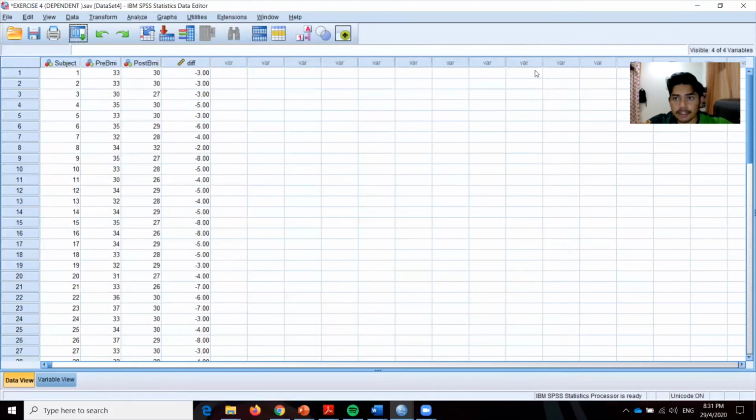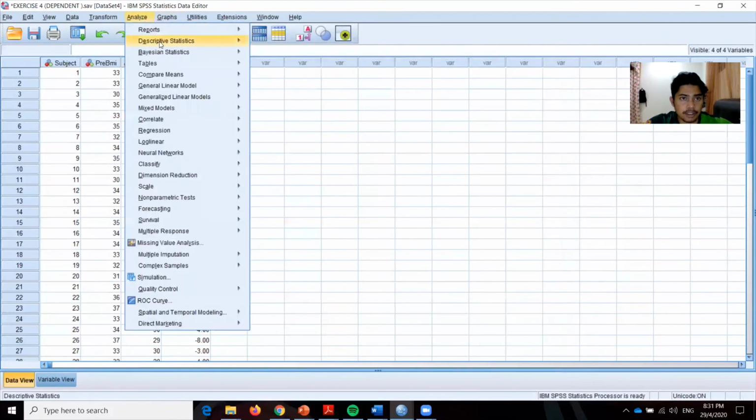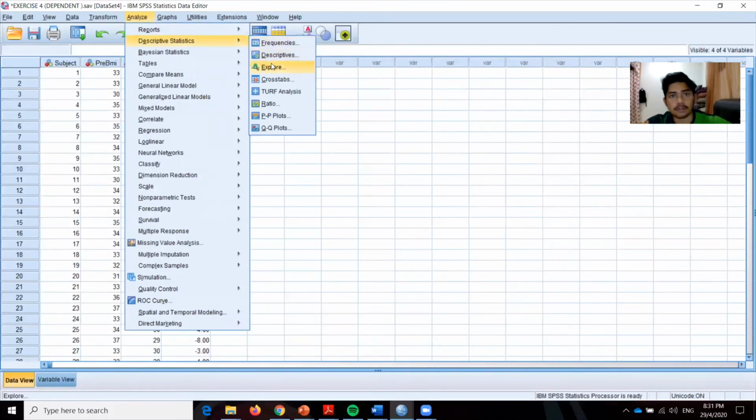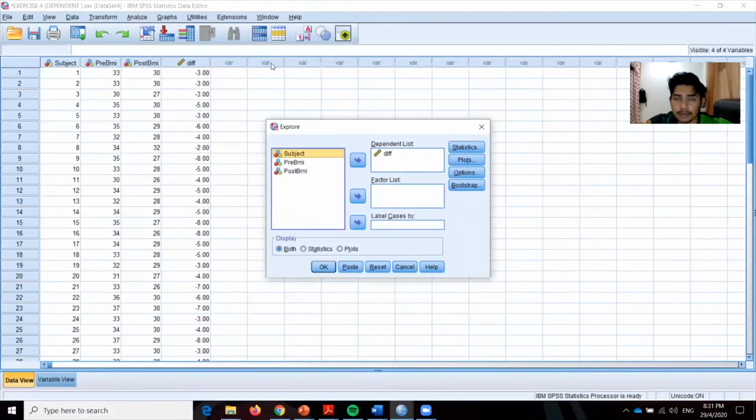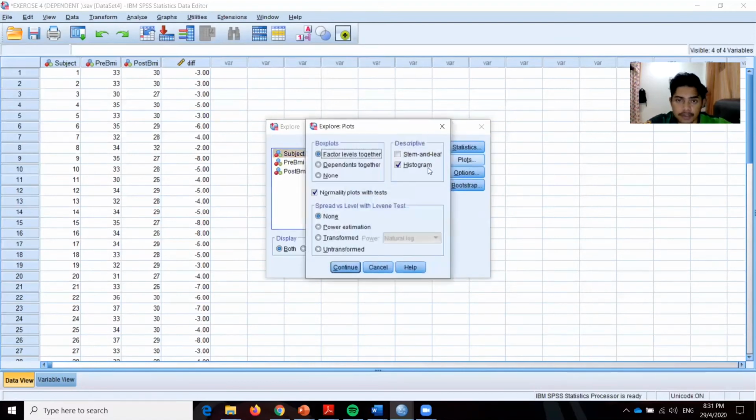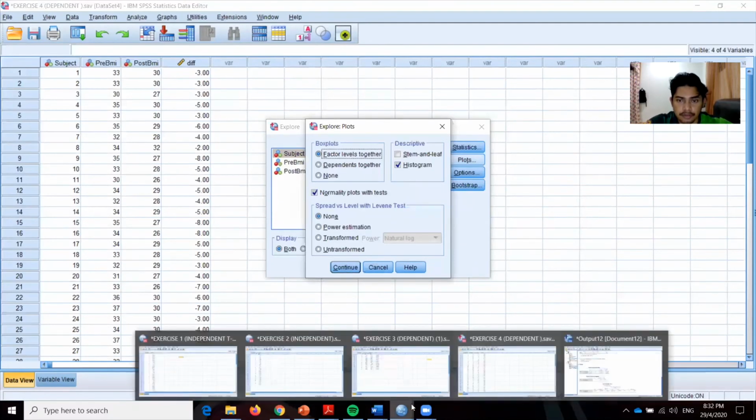After we click OK, we click Analyze, then Descriptive Statistics, and go to Explore because we want to find the normality. It is the same as previous. The dependent list will be the difference, and the factor list will be none because it involves only one group. Don't forget to click Plots, Histogram, and Normality plots with tests. Before we click Continue, I have to